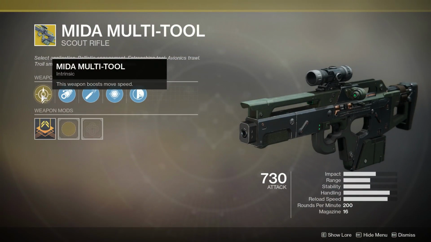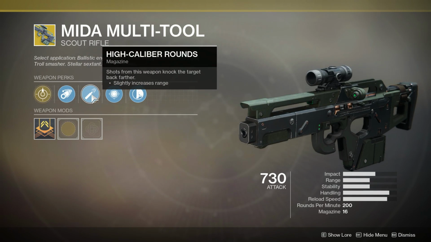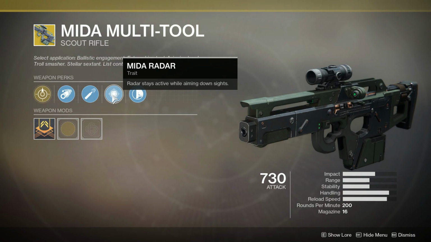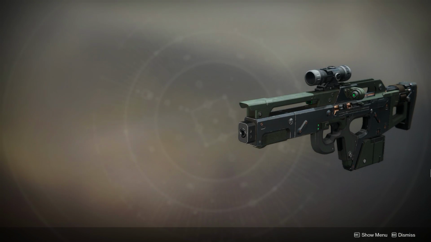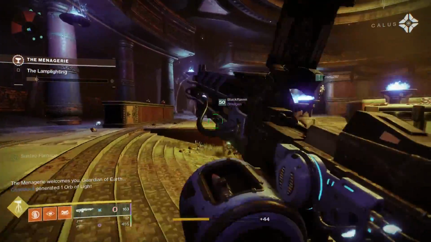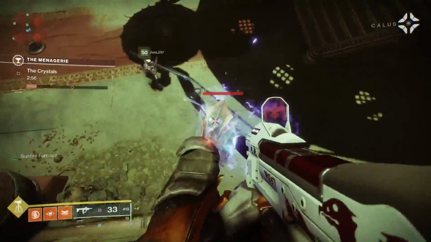I'm sure a lot of you vets out there have this gun, but for a lot of players who started around Forsaken, you may have been ignoring the vanilla Destiny exotic quests, but this is definitely one to do. Why? Well, anytime scout rifles have been good in Destiny, the MIDA multi-tool has been one of the most powerful PvP weapons. It has very good overall perks, it belongs to a great archetype, it has great stats, and scout